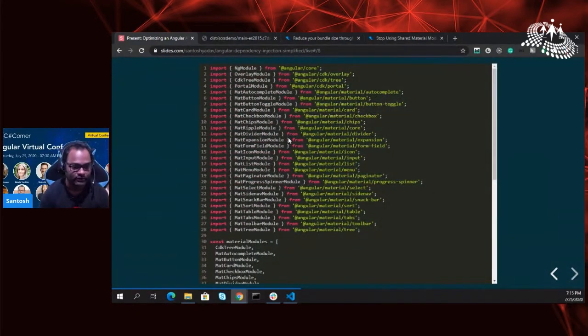I'm sure if you are an Angular developer, you might have seen this code. So we have, starting from overlay module, CDK tree, and actually I don't blame the developers, because this is why this code exists. If I go to Angular Material and click on the StackBlitz link, which is available, you will see this code. And of course, developers just take that code from the StackBlitz link and add it into their own application. But believe me, this is not a good solution.